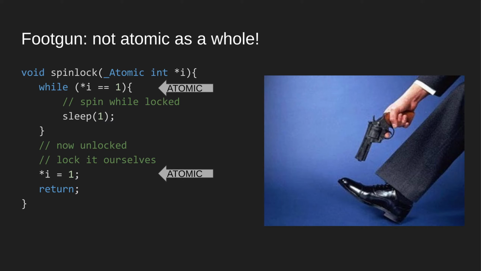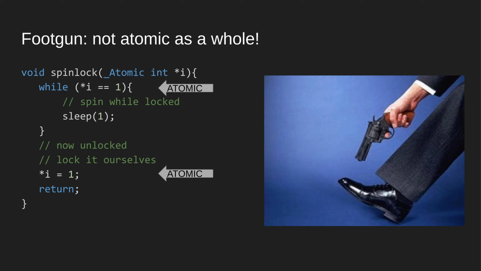Alright, foot guns. So here's a spin lock. A spin lock is one way to implement a lock, right? So we saw the pthread mutex thingy. It might be implemented like this. I don't know if it actually is, but it could be. What we are doing here is we have some sort of variable I, and we are waiting for I to not be 1. Once I equals 0, that means it's unlocked, and then we can lock it ourselves. Now I equals 0, I equals 1, that comparison there, that is atomic.